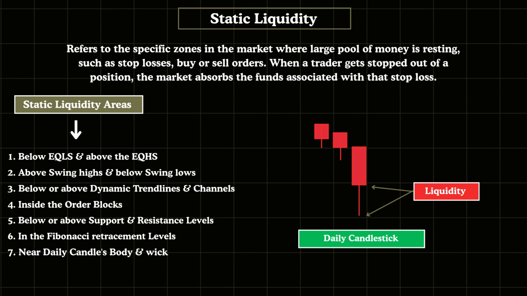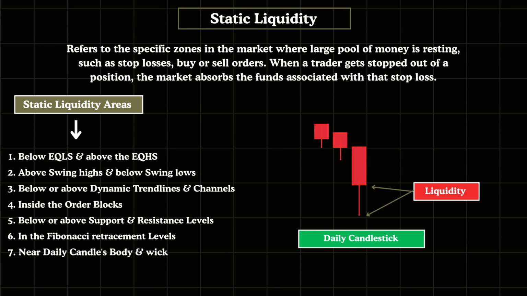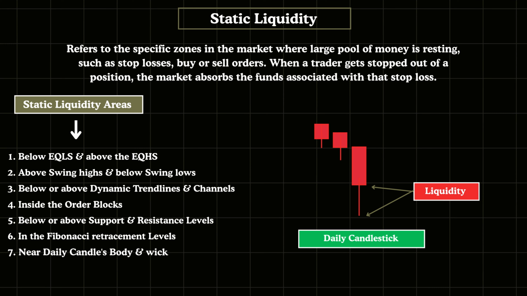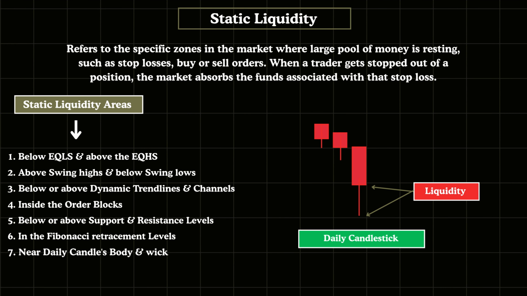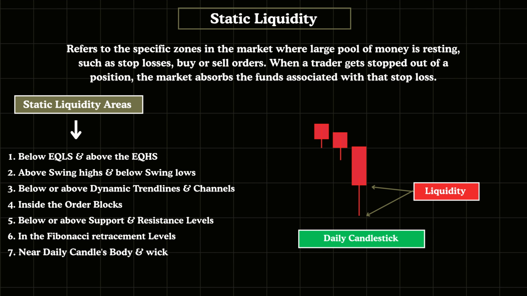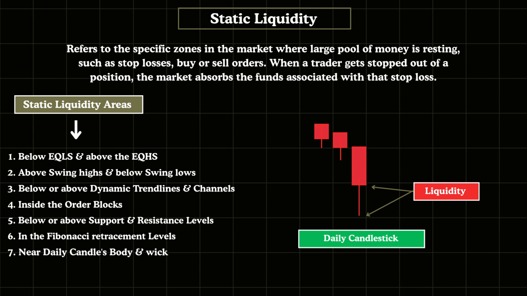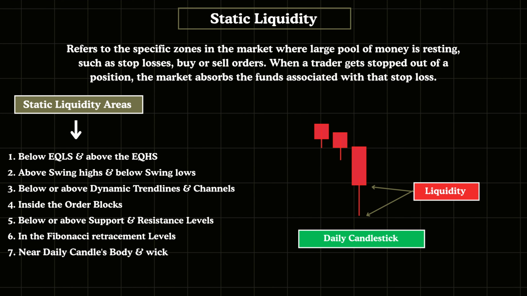Understanding static liquidity levels gives you deep insights into how they shape price direction. Overlooking these zones can result in significant losses. Certain patterns and areas carry greater weight because they're commonly recognized by a large number of traders. This draws in more stop losses and pending orders, making it more likely that price will gravitate toward those zones